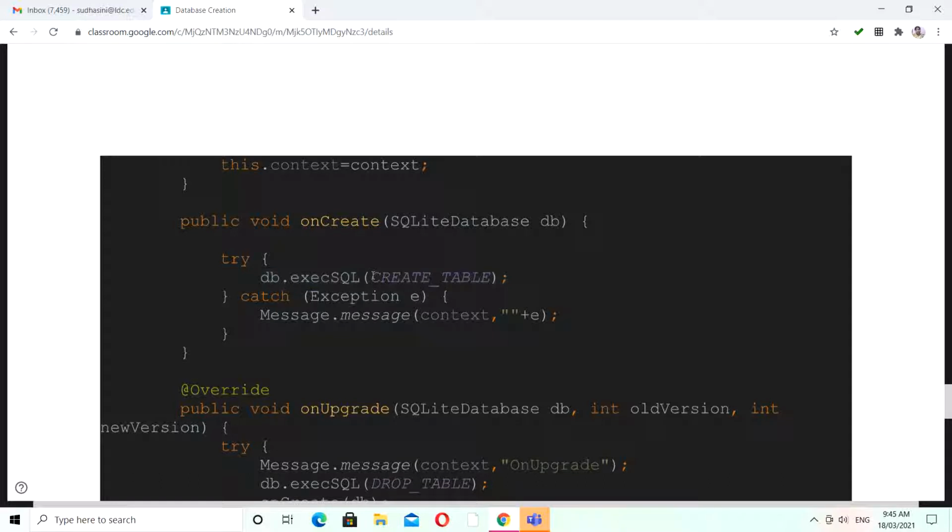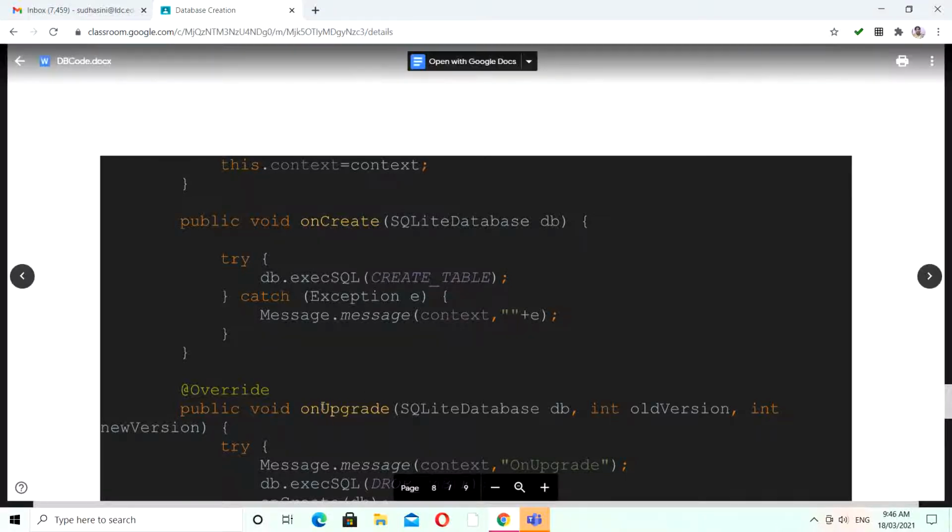Obviously you can directly give the query itself, but we are defining everything in layers, like business layer and application layer, using user-defined and then predefined methods. So we have to pass this string variable within your execSQL method. After the statement is executed, your table will be created.